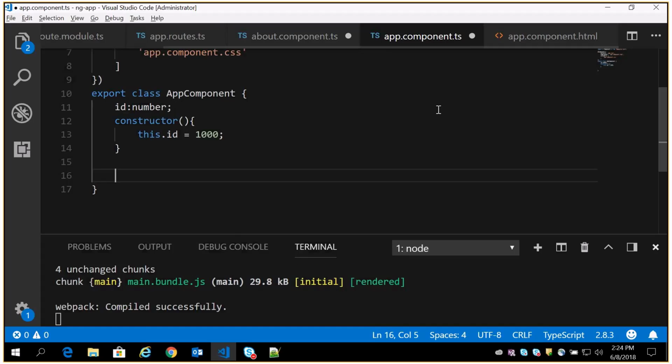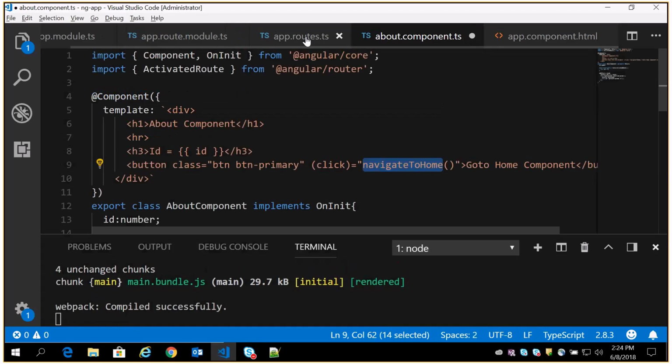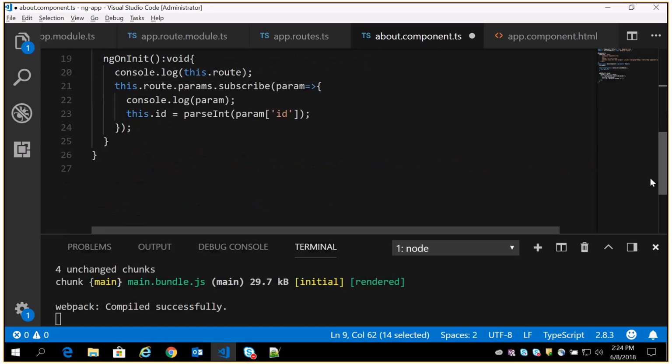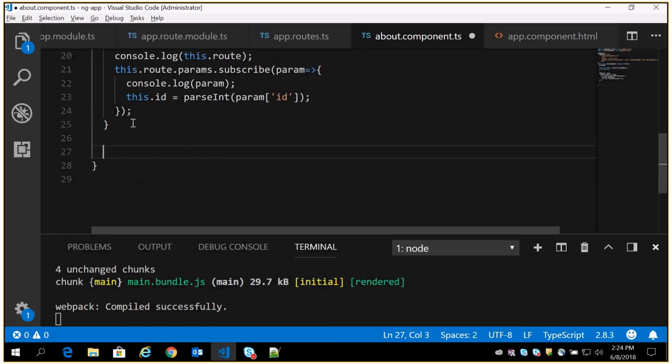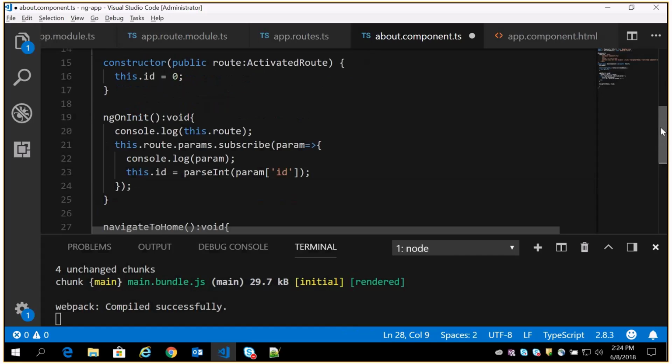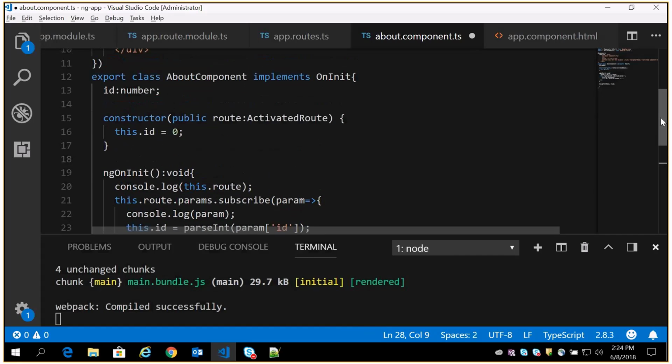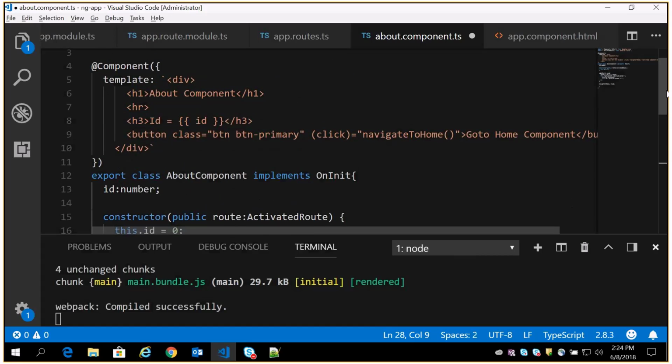In the about component.ts itself, I'm just going to write this function, navigate to home. So when I click this button, it's going to call this navigate to home.